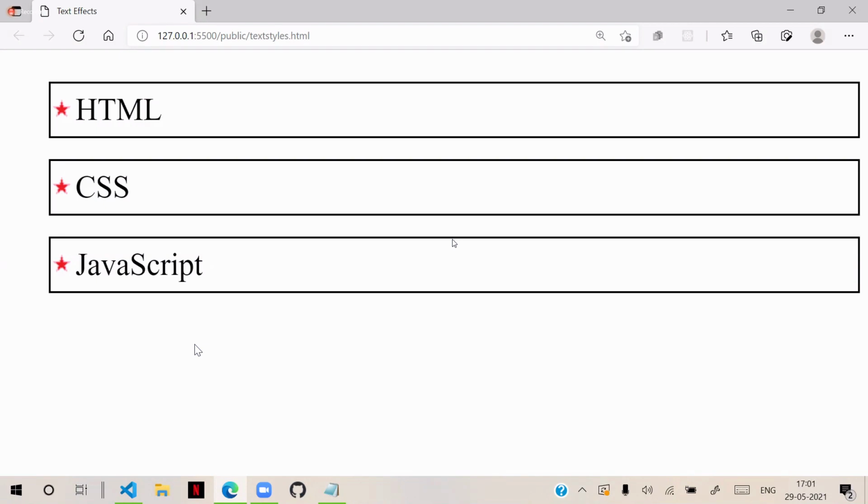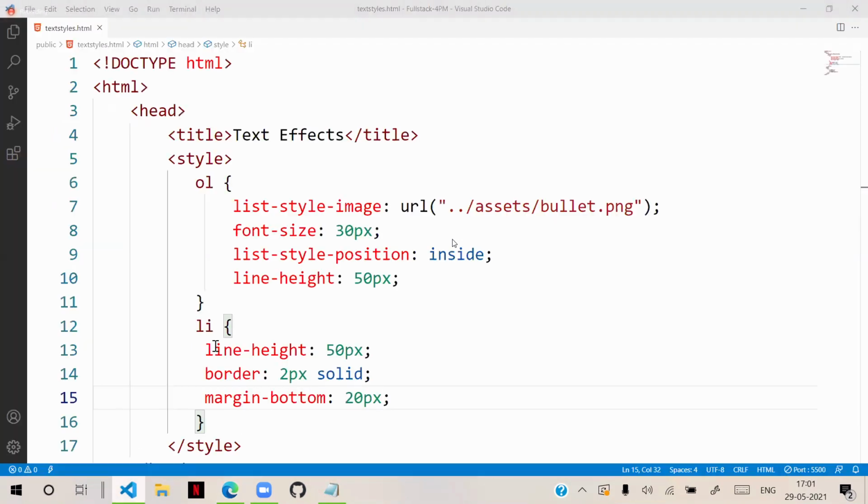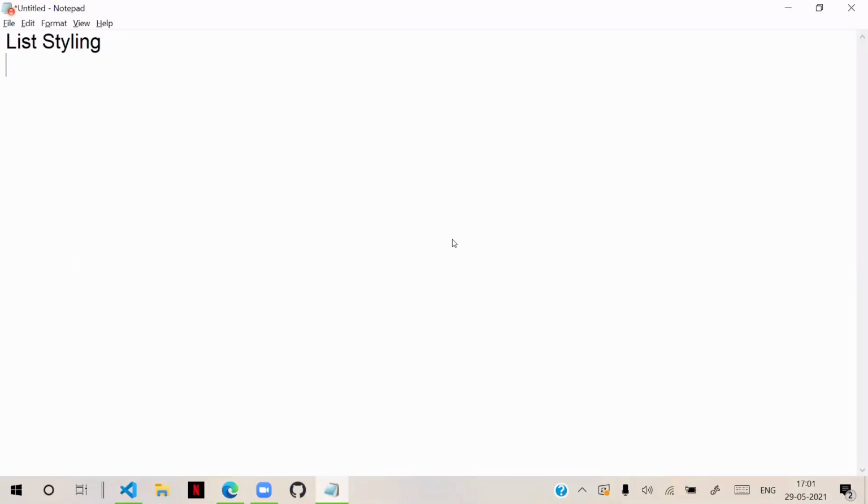I already showed you how to write and configure the nested list. So technically, when you are dealing with styles, these are the basic options we need to know: list style type, list style image, and list style position. These are the 3 options.